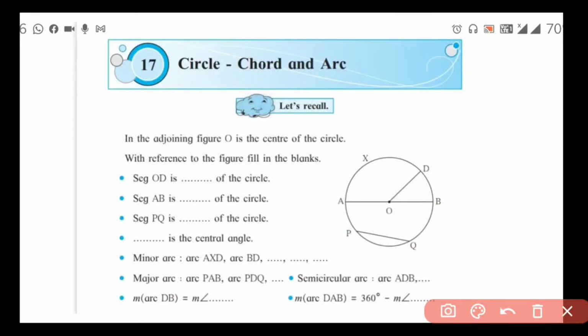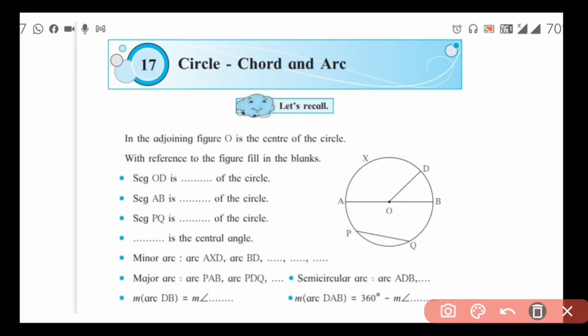Now, the semicircular arc I have shown to you. One semicircular arc is given, ADB. This one semicircular arc is given on the upper side. So the lower side semicircular arc can be APB. Either we can write arc APB or we can write arc AQB. The name of the arc should be written using either 3 letters or 2 letters. If we write only 2 letters, A and B, then there will be confusion, because the upper arc name is also AB and the lower arc name is also AB. So we have to use one middle point. So the upper arc is arc ADB and the lower semicircular arc is arc APB or arc AQB.